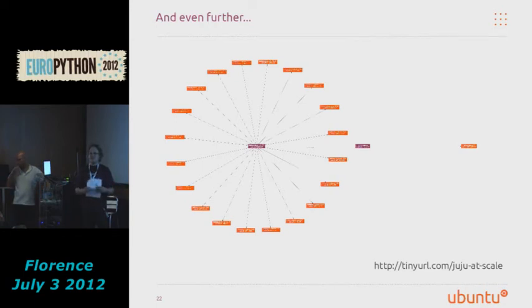We were able to deploy to a 2,000 node Hadoop environment and run a TeraSort MapReduce on that to make sure we were exercising all the nodes effectively. It took a while to provision, about 7 or 8 hours to provision 2,000 nodes in EC2, but it can scale up to very, very large requirements as well. And you can read more about it at the URL at the bottom of the slide there.